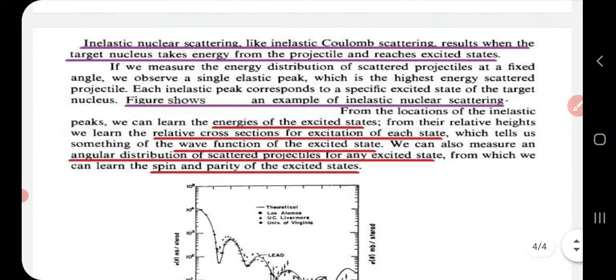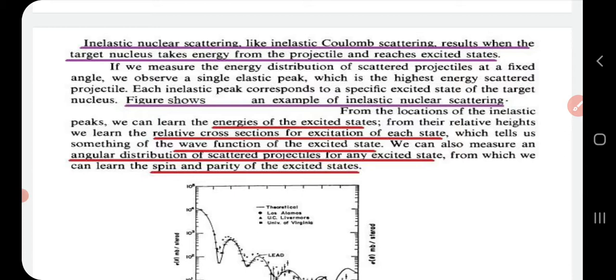Then inelastic nuclear scattering is just like inelastic Coulomb scattering. It results when the target nucleus takes energy from the projectile and reaches an excited state, that we have already discussed in the last class. Now if we measure the energy distribution of the scattered projectile at a fixed angle, we can see